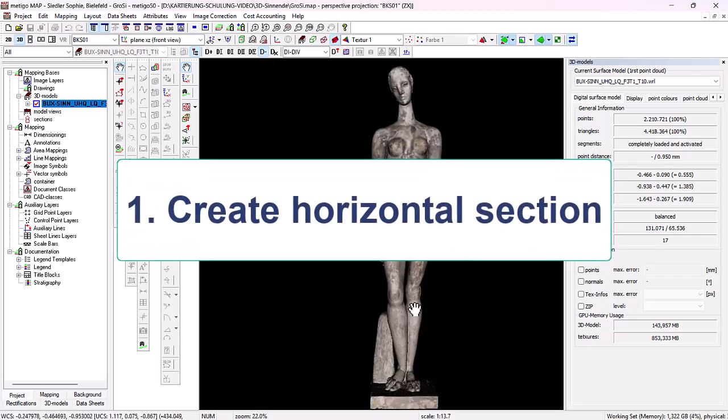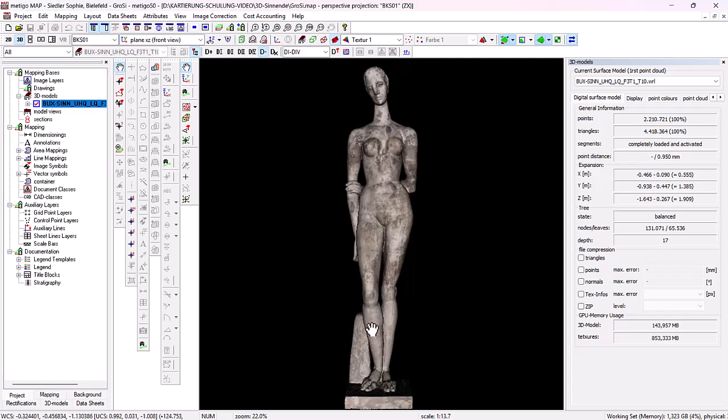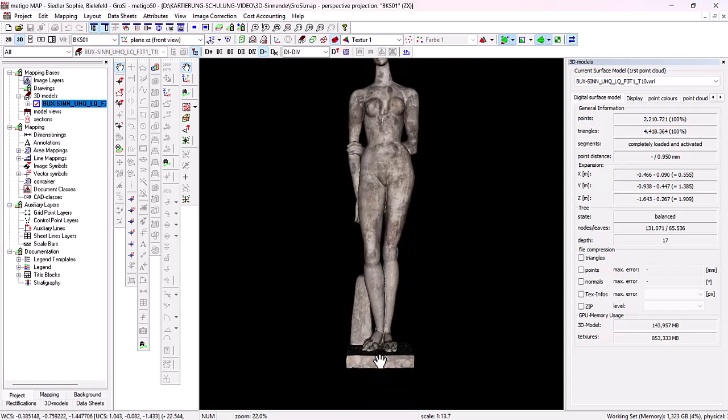If I want to define the position, I first select my user coordinate system here, start with a horizontal section, and when I move my cursor over my object, I see the display for the world coordinate system here at the bottom left, and then in square brackets behind that, the user coordinate system with the coordinates from my currently selected user coordinate system as it is displayed. That is, I move my cursor on the floor slab and see here a height of minus 1.44 meter for